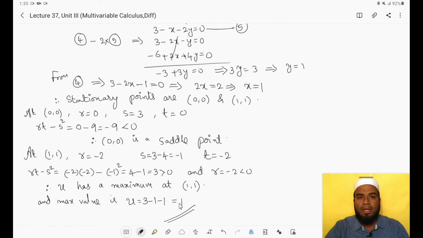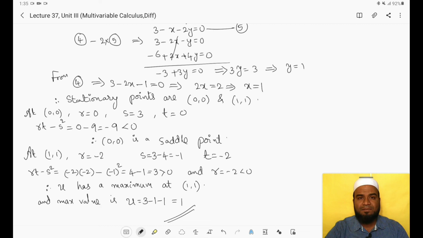So this is how we find the maxima and minima when a three-variable function along with a condition is given. Such maxima and minima are called constrained maxima and minima. Basically, one function will be given in terms of three variables x, y, z, along with one condition. From that condition we evaluate the value of z and substitute it back in the given function. Then the function will become a function of two variables, so u will be a function of x and y.